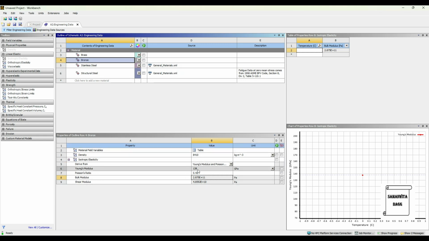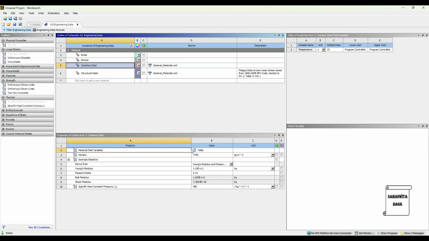You can see the Young's modulus is 138 gigapascal and Poisson's ratio is 0.42. For steel, this value of Poisson's ratio is 0.31. Value of Young's modulus, if you want to see in gigapascal, it is 193, which means it is the highest amongst the three materials, and density is 7750.